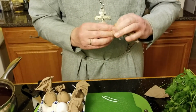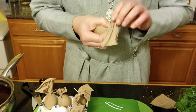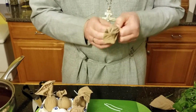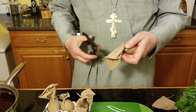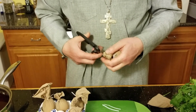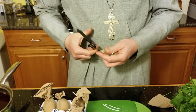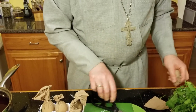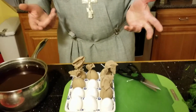So again, you can just tie this egg like so, with a little tie. And see, there was a little bit of excess. I'm going to cut it out. I probably don't need to cut, but I guess it's an OCD moment. Alright, so we have 6 eggs. I won't do any more, but